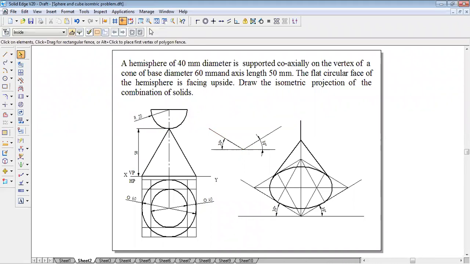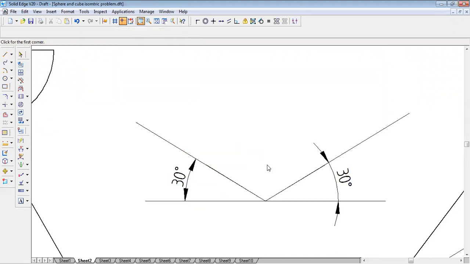Okay, I'll zoom it to show you clearly. This is how you can, it's very easy to draw 20 mm, or copy and paste it here. Copy this line, paste it at this end point. Copy this line from here, paste it, copy this line and paste it. Okay.